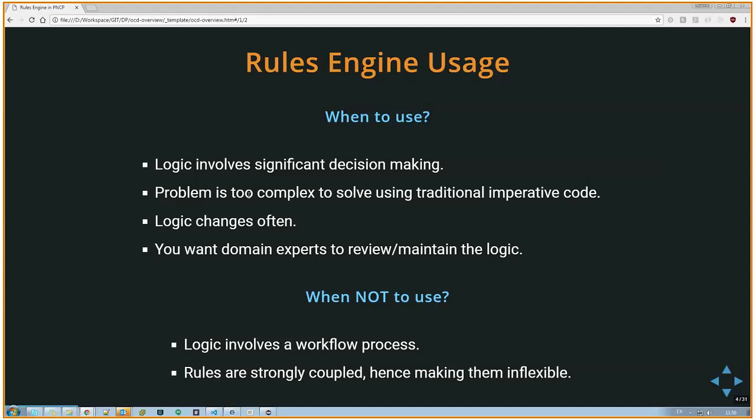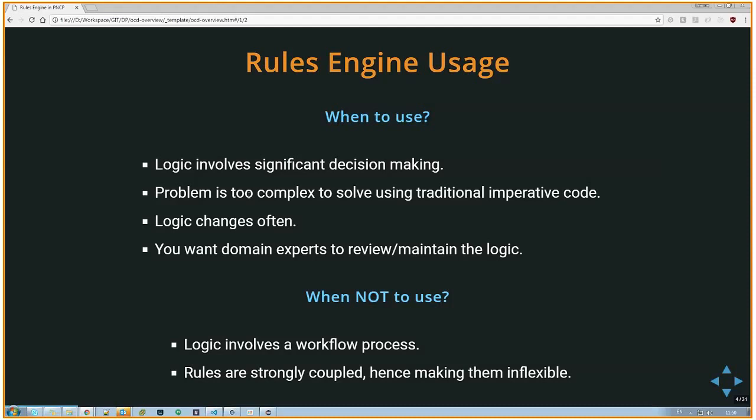It's also when the problem is too complex to solve using imperative programming. When the logic changes often, it's advisable to use a rules engine. And when you want a domain expert to review the logic and the business rules, they are more understandable than imperative